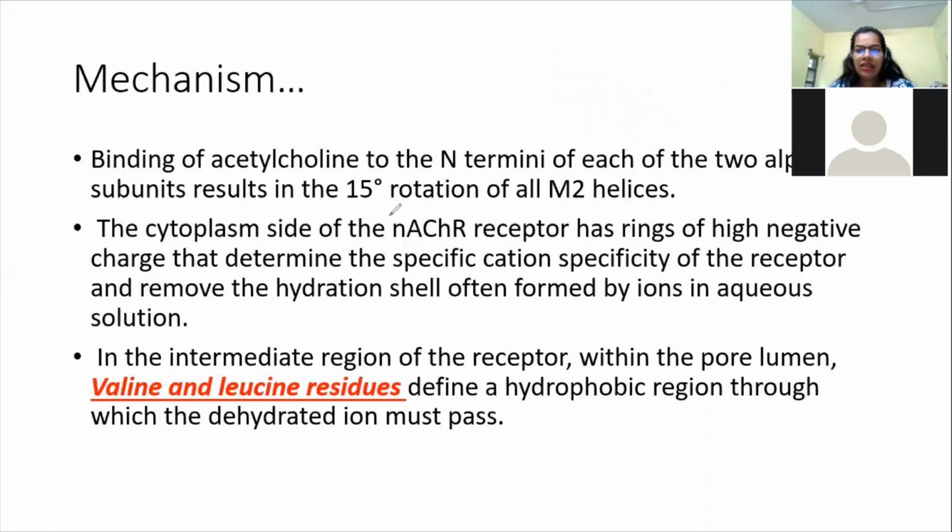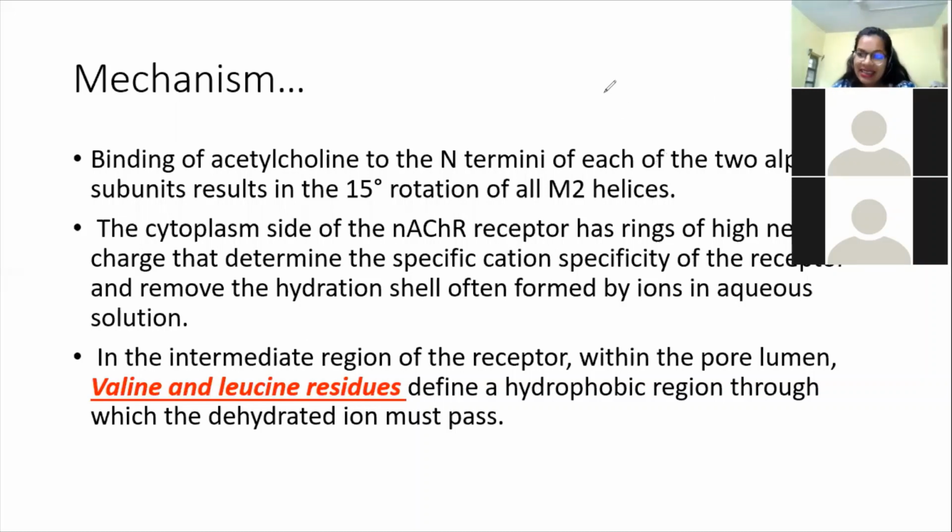Ma'am, ligand will go and... One at a time. Pallavi, yes? Ligand will go and attach to acetylcholine, or the acetyl will go and attach to the ligand. No, I'm not getting it. Ligand is your acetylcholine. Okay, I'll repeat again, okay? I guess Ranjan, to you also it's not clear? Ranjan, is it clear? Yes, ma'am.